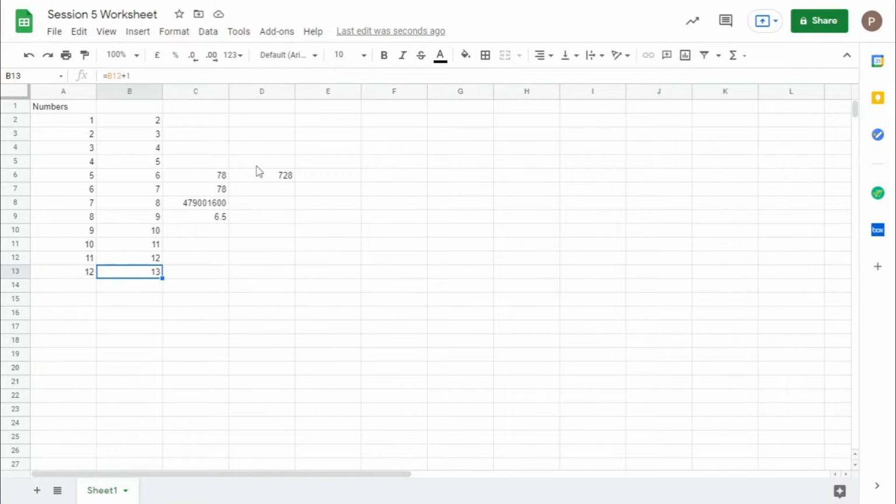It multiplies everything and gives a sumproduct of 728. So basically these functions will be helpful for you to do your mathematical calculations in an easy way.